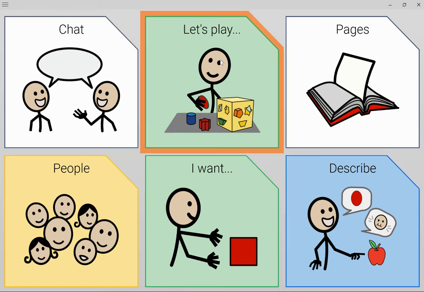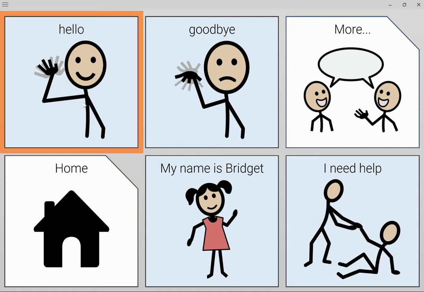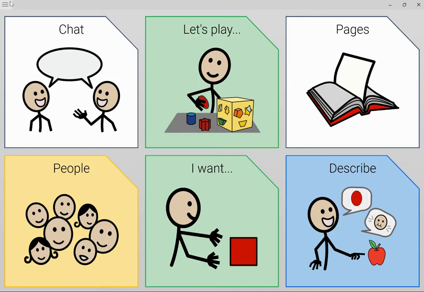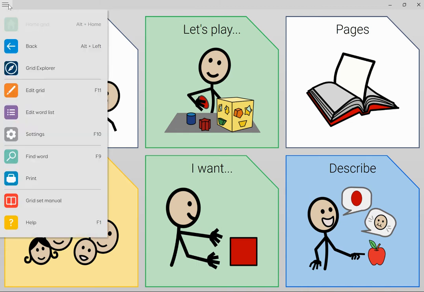We have chat, let's play, I want, describing, more. Home will always get you back home. And if you also just want to navigate back one page, you're going to use that back button.